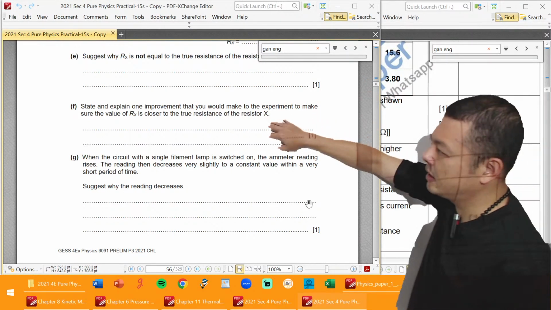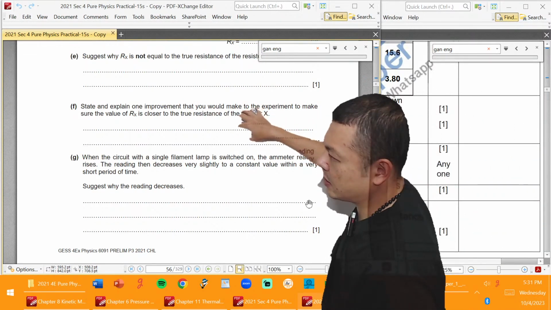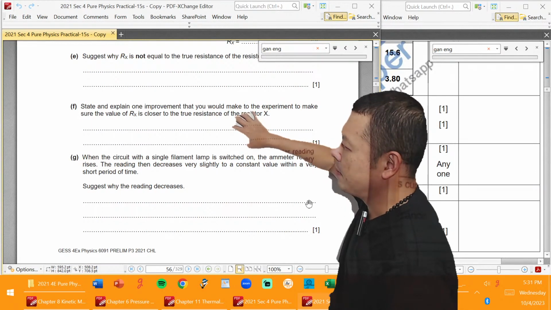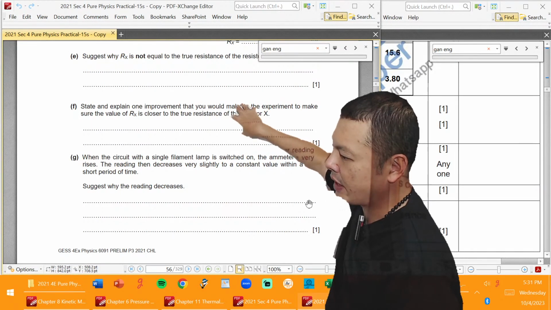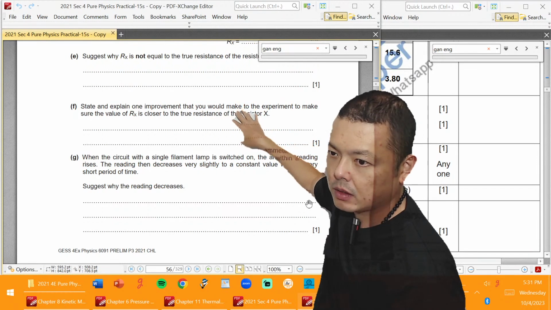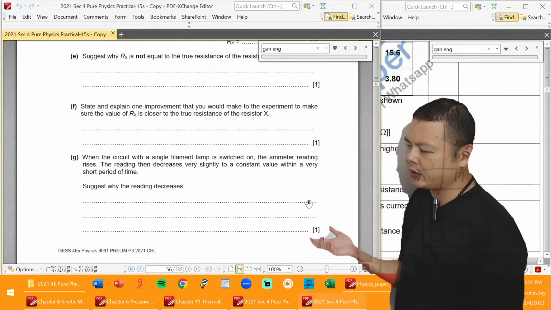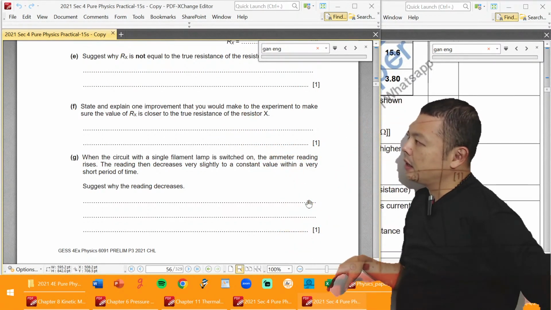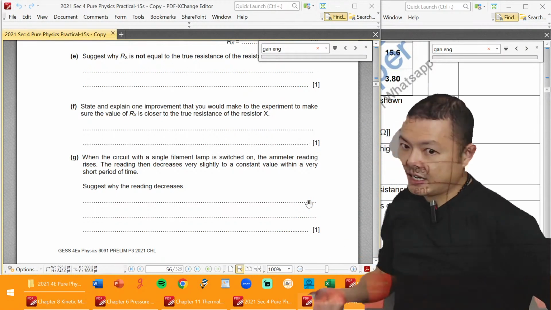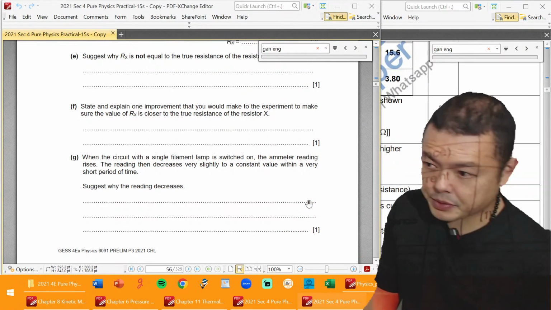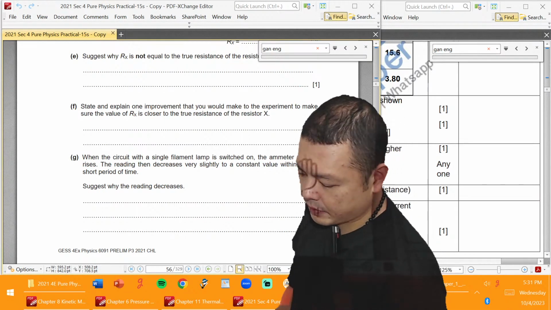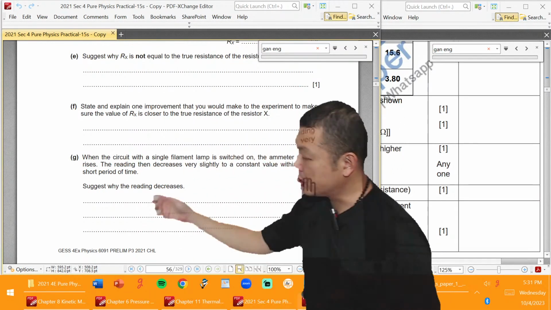Okay, for this one here, now I know how to answer this because I teach my A-level students. But honestly, if you have to let go of this one, just let go of it, it's fine. There are some practical marks that you can't possibly get. But if you learn it now, then you gain another point of experience. Then at least you know what to do if they come up with this question again. So the answer to this question is,